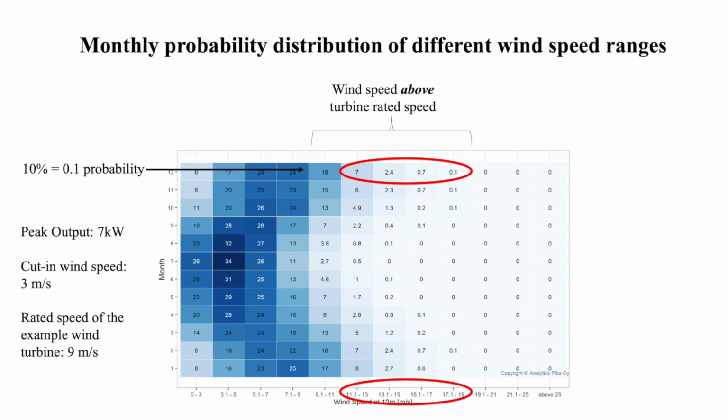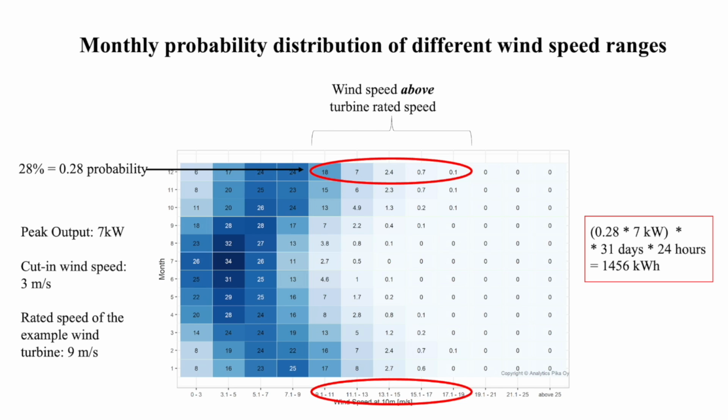Since the rated speed of the turbine is 9 meters per second, we see that the turbine will operate at its rated power of 7 kilowatts during the 28% of the total running time. Let's calculate how much electricity our wind turbine will generate in December during the time it runs at its rated